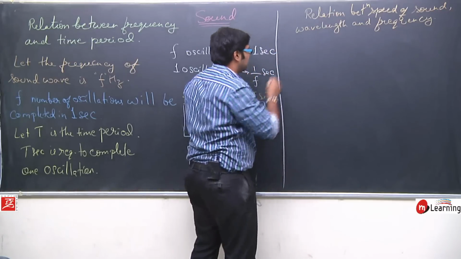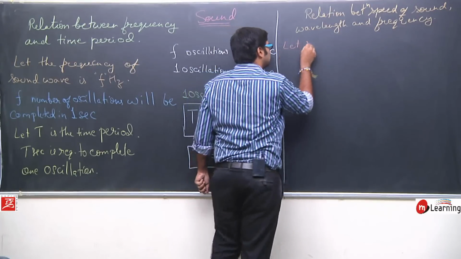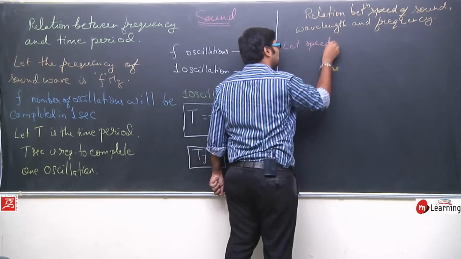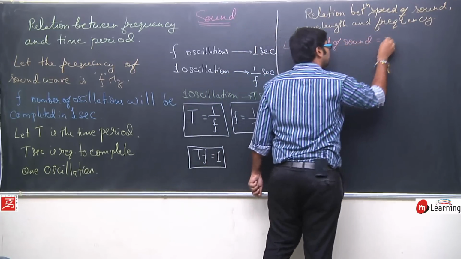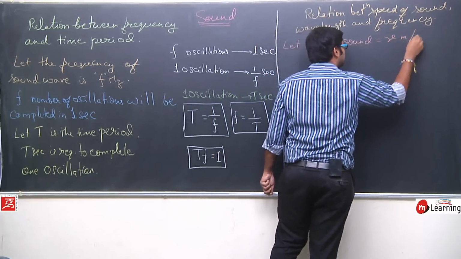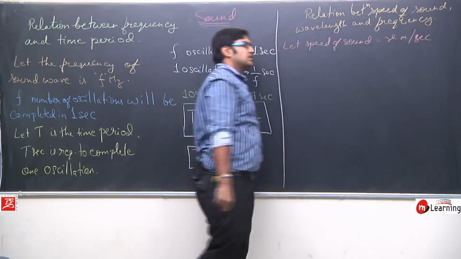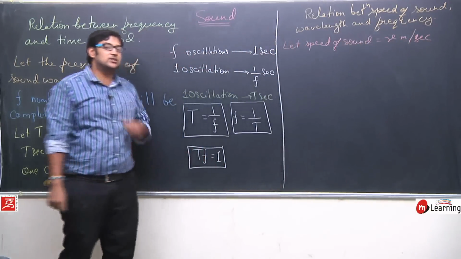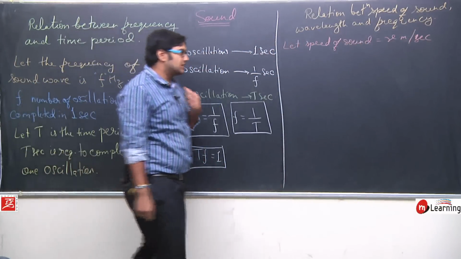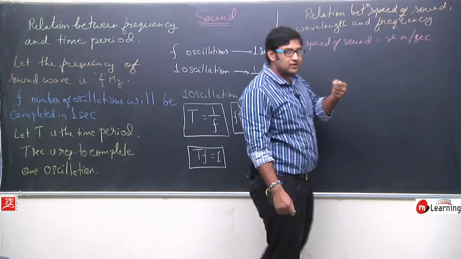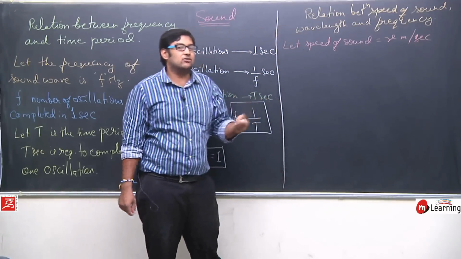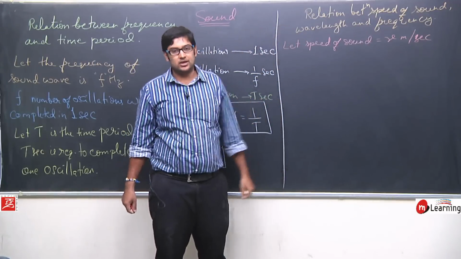I will write here, let speed of sound be equal to v meters per second. I assume that, let us say the speed of sound is v meters per second. That means the sound will travel v meters in every 1 second. So in 1 second the sound will travel v meters. Okay. Now